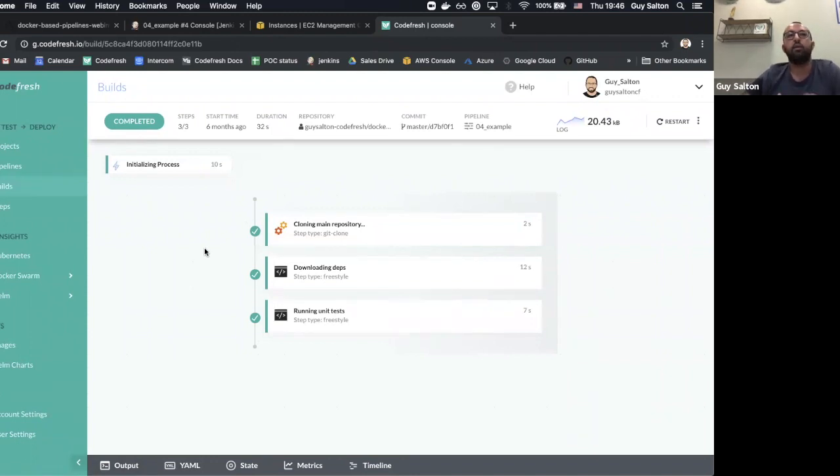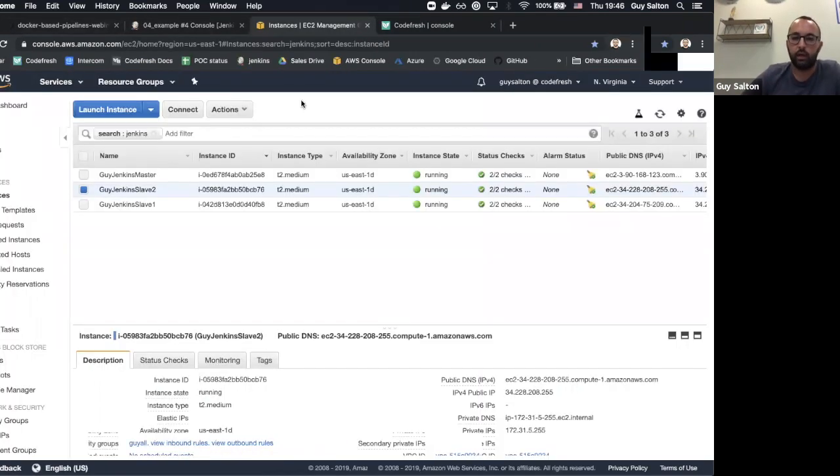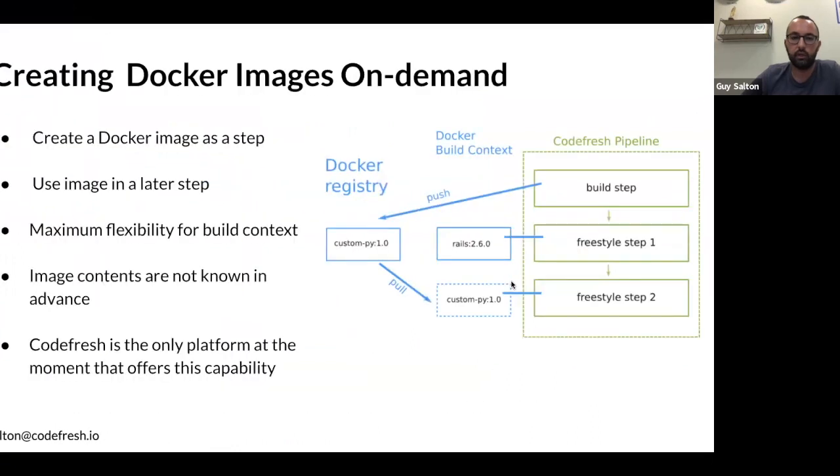And this is, again, not dependent on the actual infrastructure. So again, in Jenkins, if you have 20 slaves, 20 VMs, every time you run this pipeline, if it chooses a new VM, it will still have to recreate the workspace. With Codefresh, you don't have to worry about that. So now,